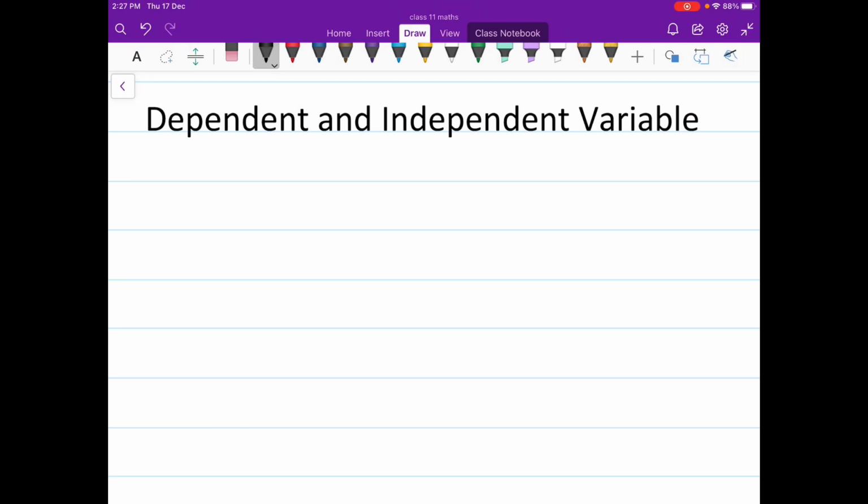So in this video we are going to discuss the dependent and independent variables taken from a differential equation, right? Many students have doubts about which one is the dependent variable and which one is the independent variable. For example, say I have an equation y is equal to x. Now you are going to differentiate it with respect to x. So what will be? dy by dx is equal to 1, right?